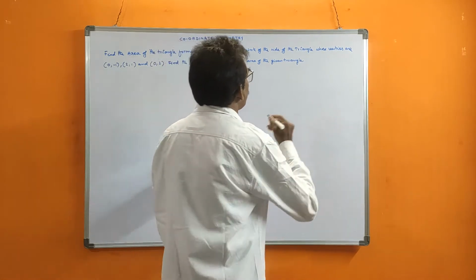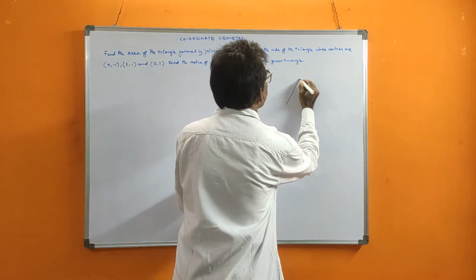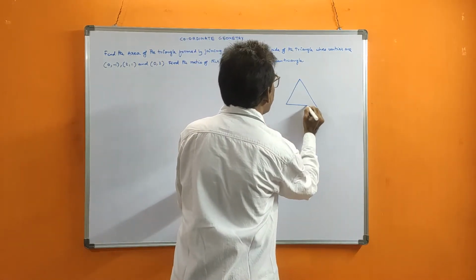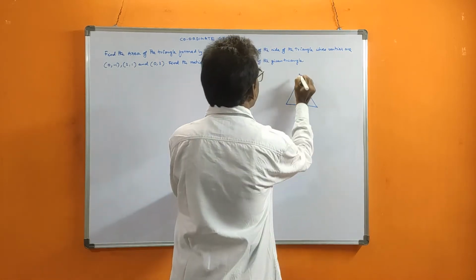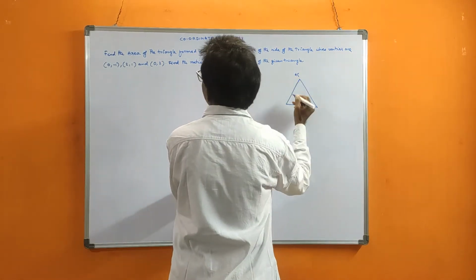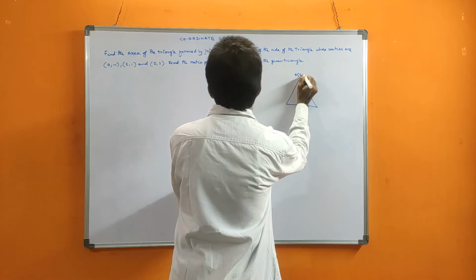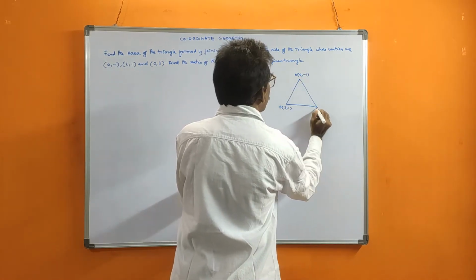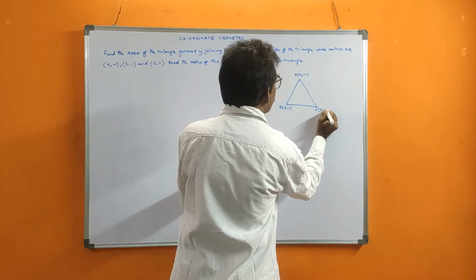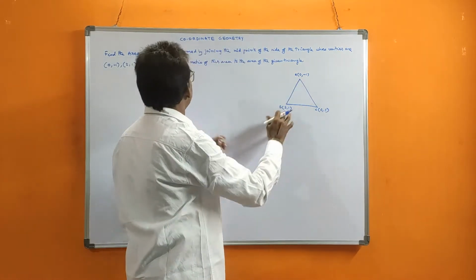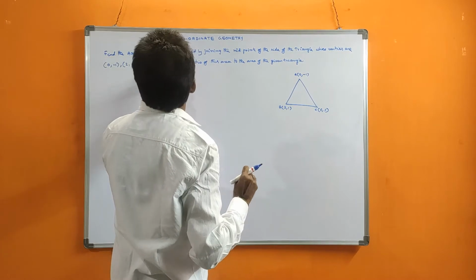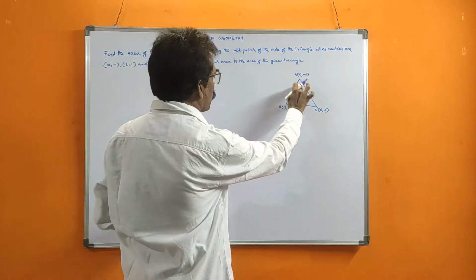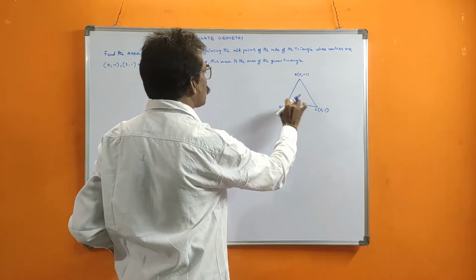So, suppose we see here three vertices given, let the three vertices be A, B, C. A is (0, -1), the B point is (2, 1), and the C point is (0, 3). Let these points be A, B, C. Given points, see, the triangle formed by these vertices A, B, C, one triangle is formed.